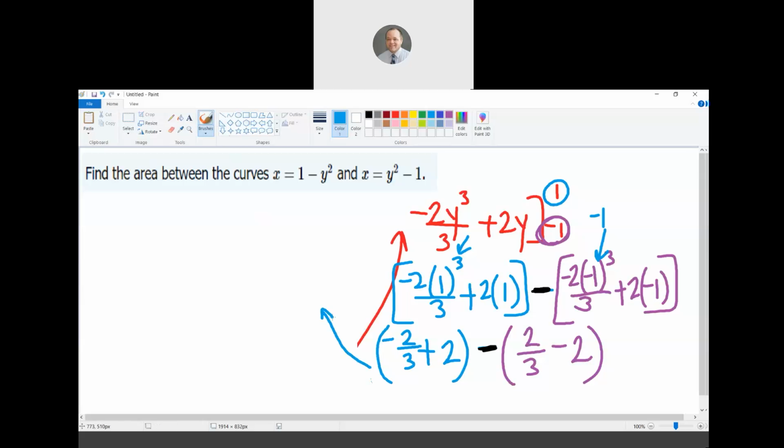So we have -2/3 plus 2 minus 2/3 plus 2. Now, when we combine our fractions and our integers, that will give us -4/3